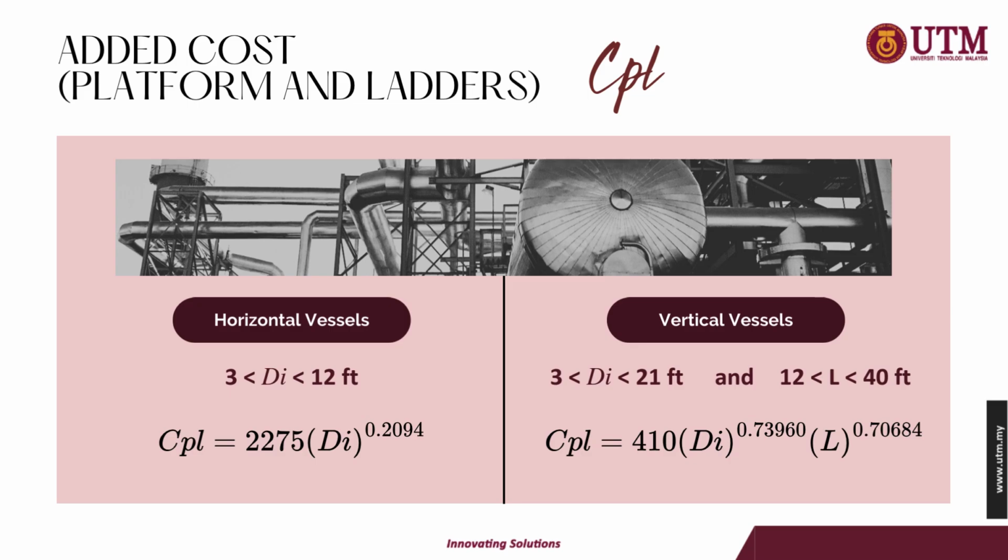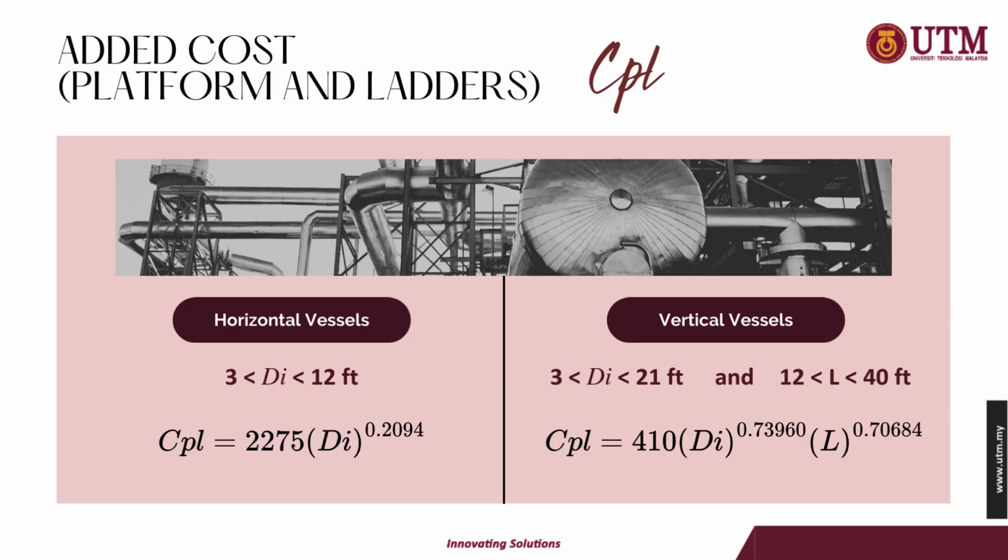0.2094. And the next one for the vertical vessel with diameter between 3 and 31, and the length between 12 and 14, the CPL is calculated using this formula, which is 410, diameter to the power of 0.73960, and the length to the power of 0.70684. So this cost is added so that maintenance platforms, ladders, and other equipment are included, which are very important